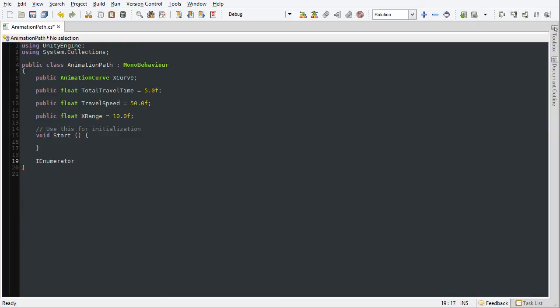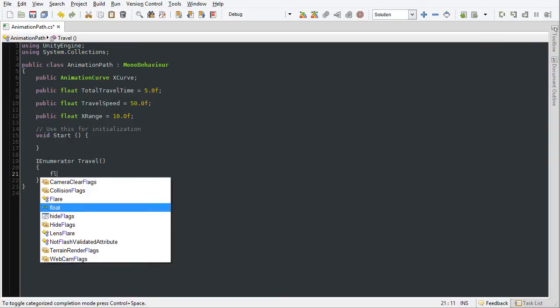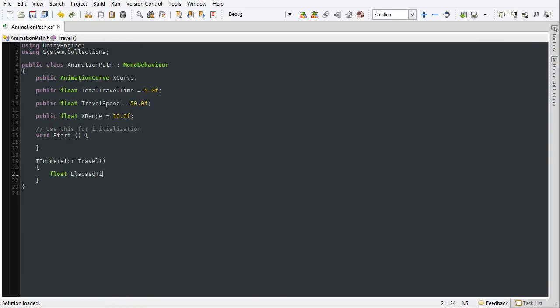type, and I'm going to name the coroutine travel to indicate that it's going to be coding the traveling information for the box. And we're going to be using all of these variables that we have created here to control the motion. So the first thing I'll do is create a local variable which is going to be called elapsed time, and this will allow us to keep track of the amount of time that has elapsed since the beginning of our traveling. So right now we're going to initialize this to a value of 0,